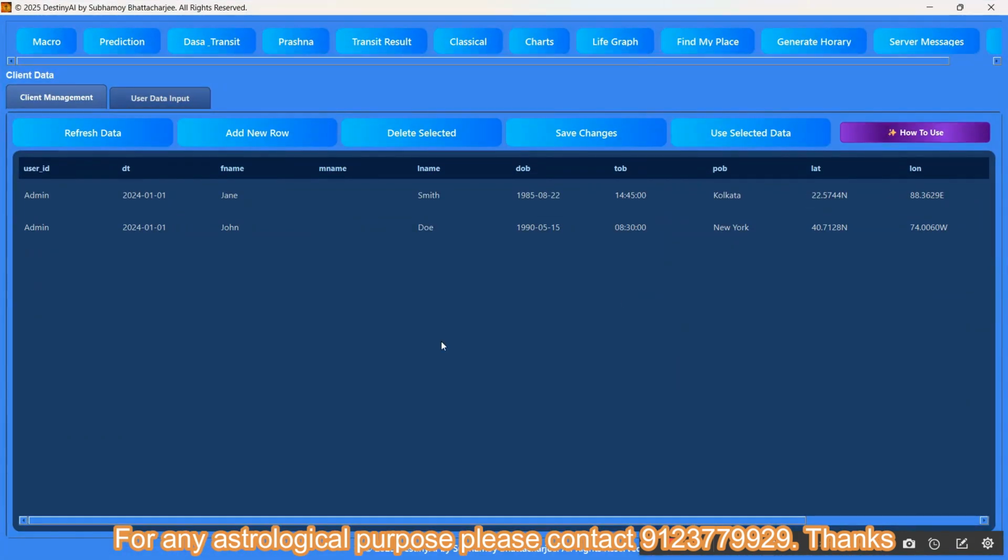The main update is to add new data. Now you don't need to enter the latitude, longitude and time zone data manually. Now all data will be inserted automatically. Please follow my cursor. To add a new row means to add a new data, you have to click the